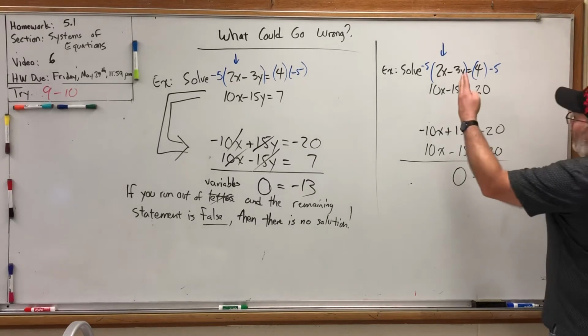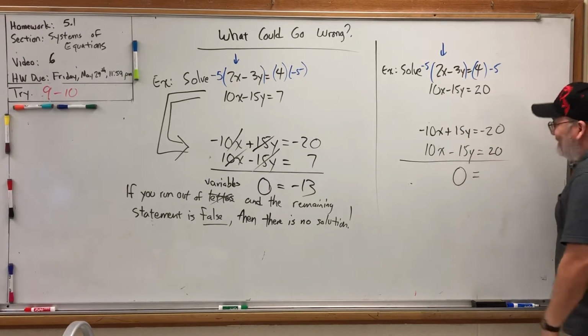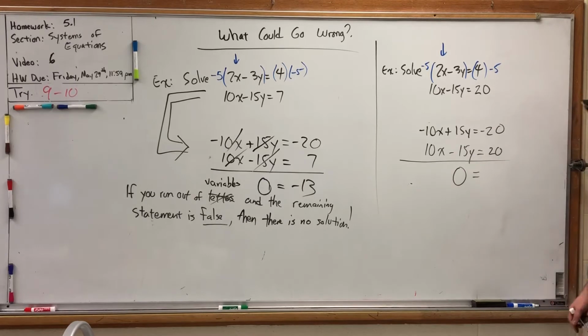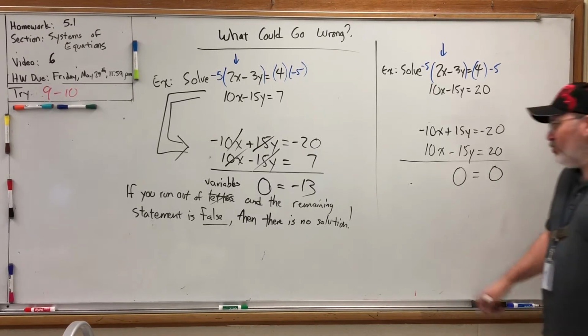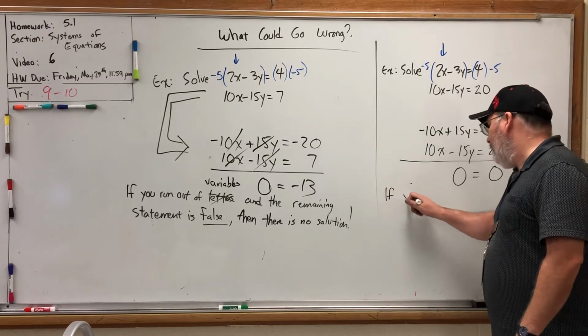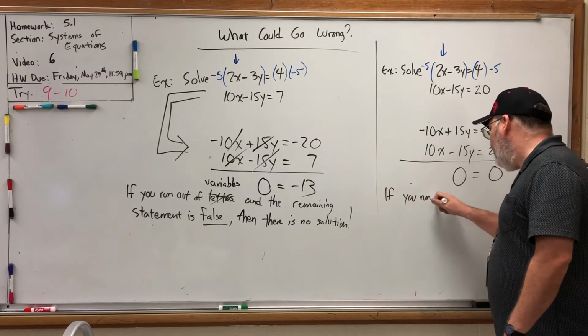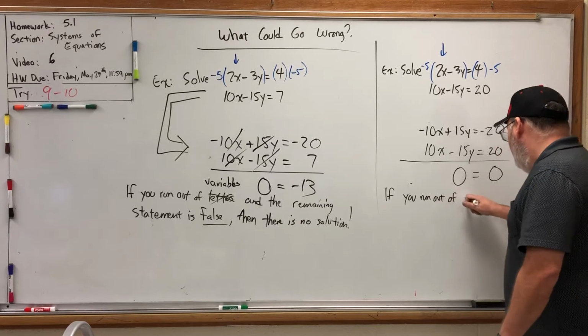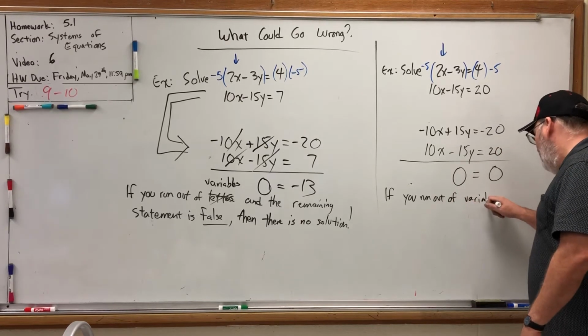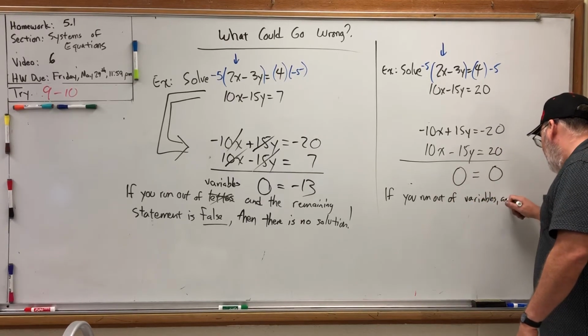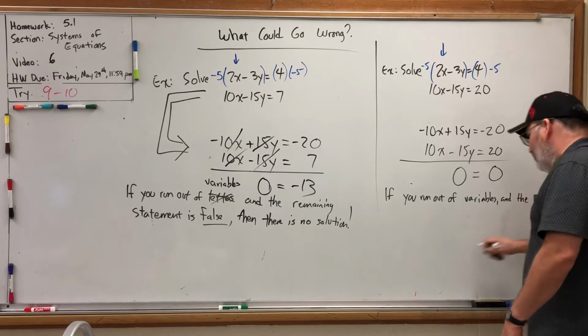All right, so when we set up the x's to cancel, the y's accidentally cancel also, leaving nothing on the left side, and on the right side, negative 20 and 20 is 0. So now we ran out of variables, and the remaining sentence is true. So, if you run out of variables, and the remaining sentence is true,